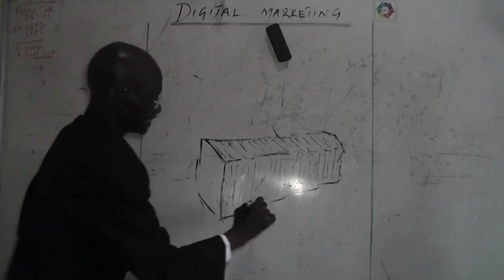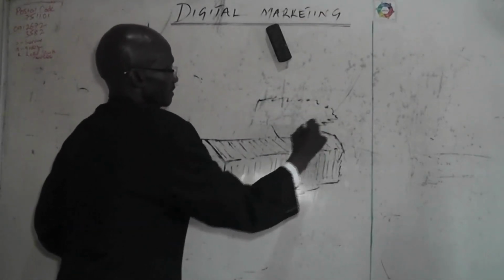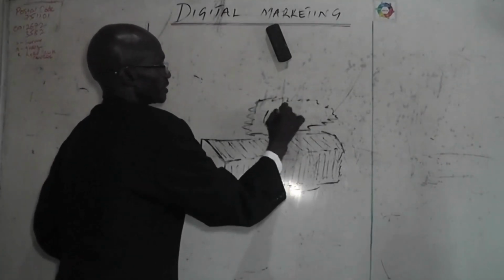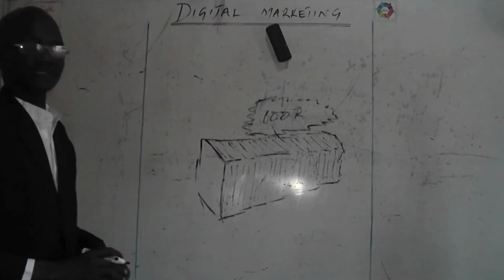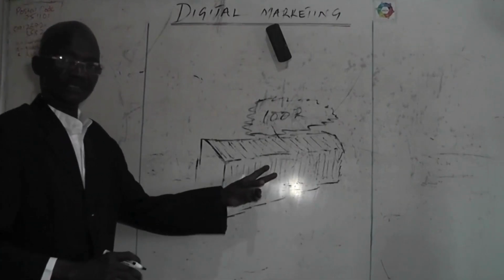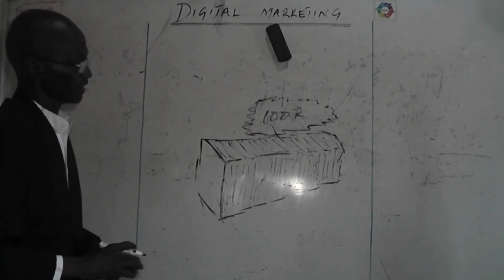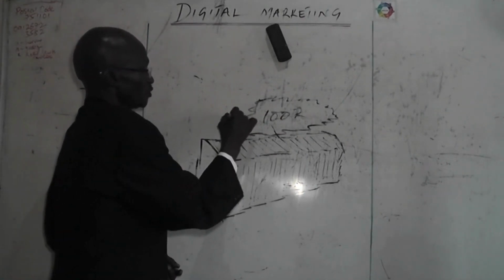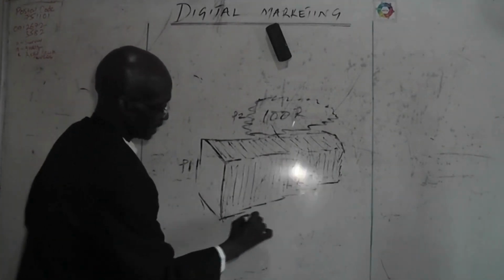Then the price of the products could be something like maybe 100 rupees, or rupee 100. That is, we have gotten the products, we have gotten the price of the products. And the next thing we are going to look at, this is P2 and this is P1, then P3,